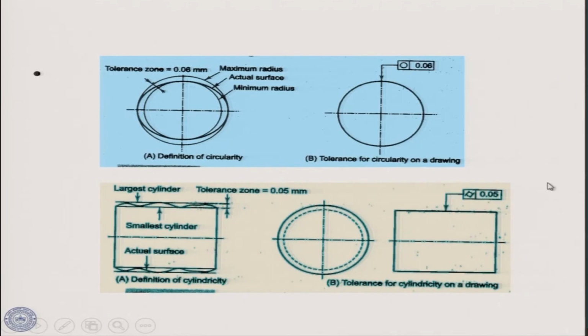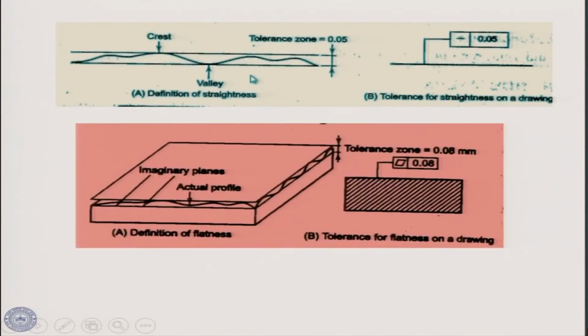Okay. And this is how it is given, it cannot be more than 0.05. So, 0.05 is the tolerance zone here, okay. And here it is 0.06. So, 0.06 is shown here. Okay. These are the definitions of straightness, and the tolerance for straightness on a drawing can be given